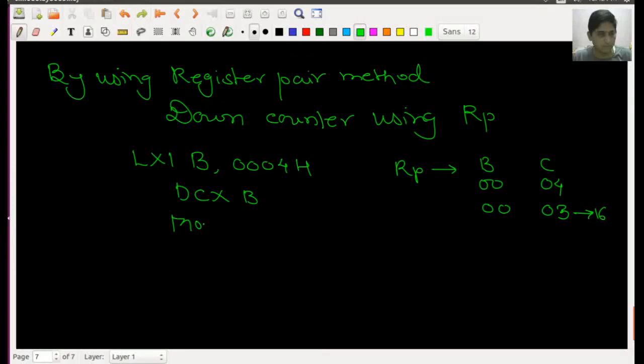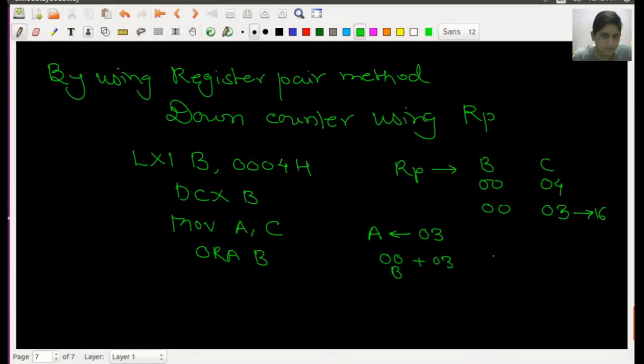into the accumulator. So I am writing MOV A, C. So the C value is copied into the A. Now I will do the ORing with the B. So here we can say the ORing is performed between the accumulator and the content of the B. So my accumulator will be loaded with the value of 03, and finally it is ORing with the value of 00, since B will be having the value of 00. It is ORing with this 03. So you can think in binary it will be again 03.